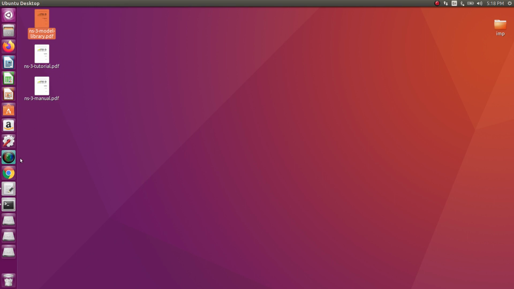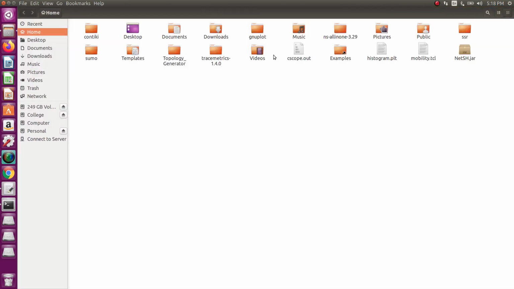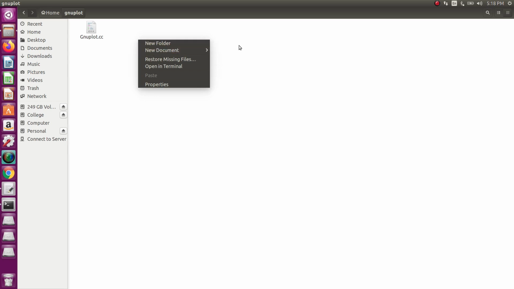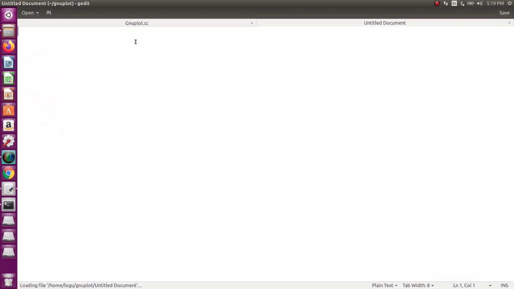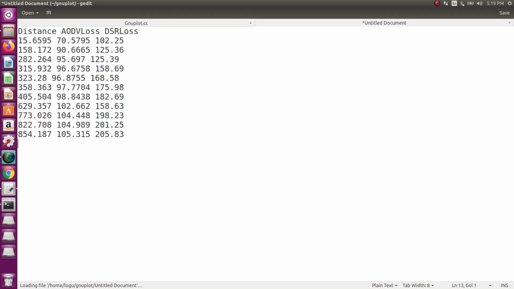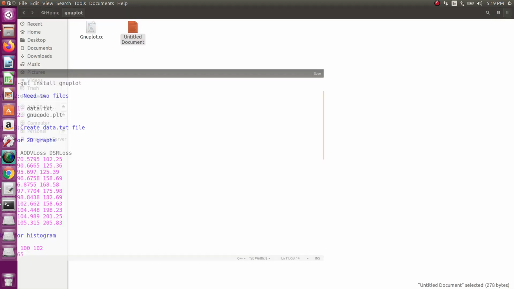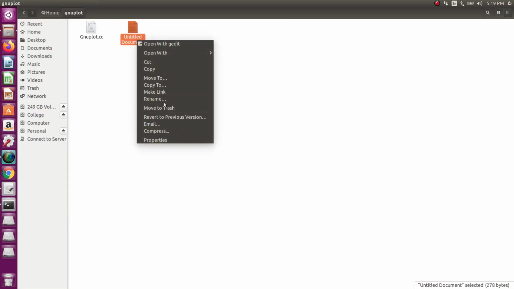I just have to create one gnuplot folder in your home folder, then open a terminal and an empty document, then paste. First is distance, second is AODV loss, third is DSR loss. This is just an example, and I am naming it data.txt.